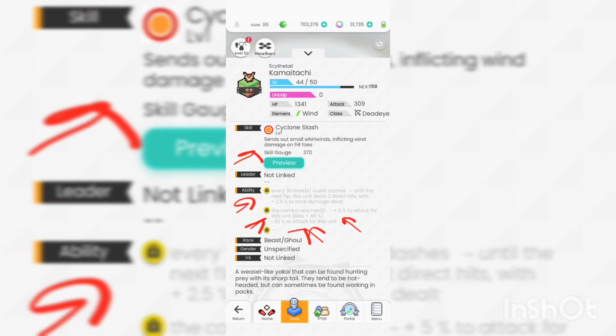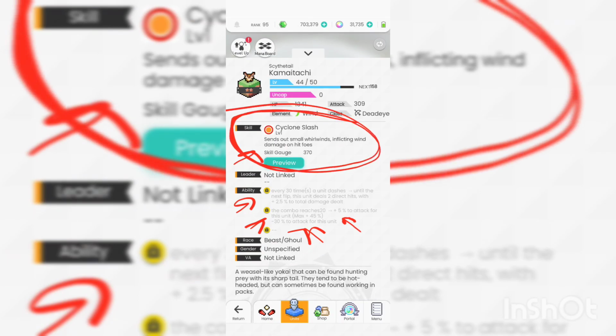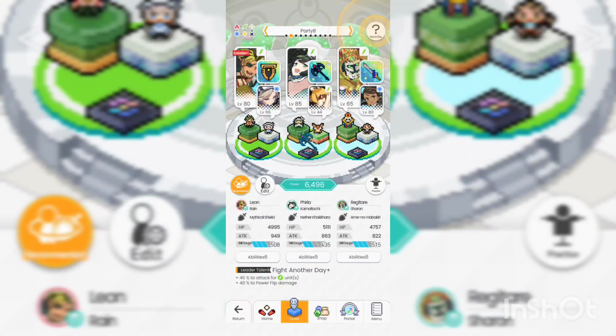Well, again, you're not using him for damage or anything. You're using him for this little skill right here, which is nice. Okay, you're just building up combos for your power flip, right? The more combos, the higher the damage of power flip, right? Now,